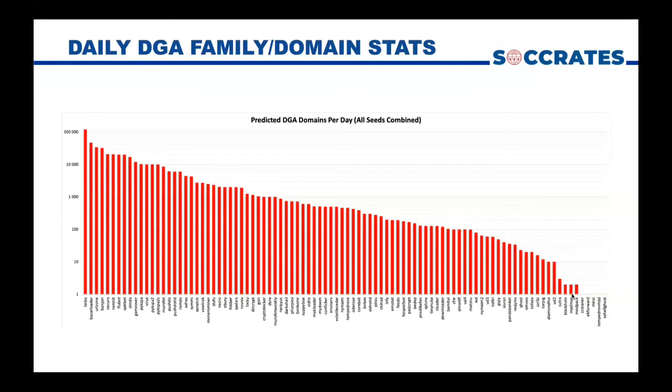But the range is very varied, and as you'll find out in a later talk by Rina, this also influences how well we're actually able to train machine learning algorithms to detect these domains.